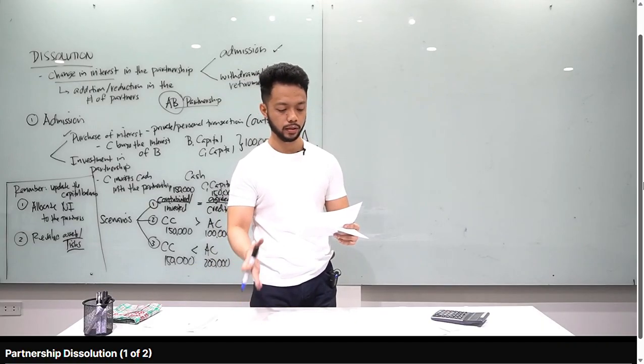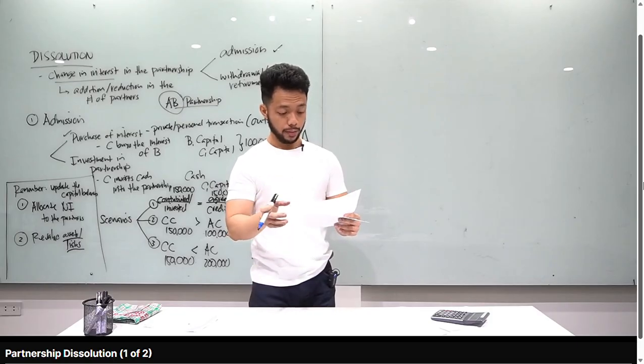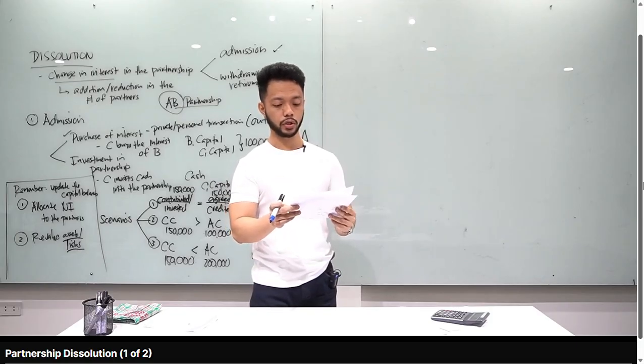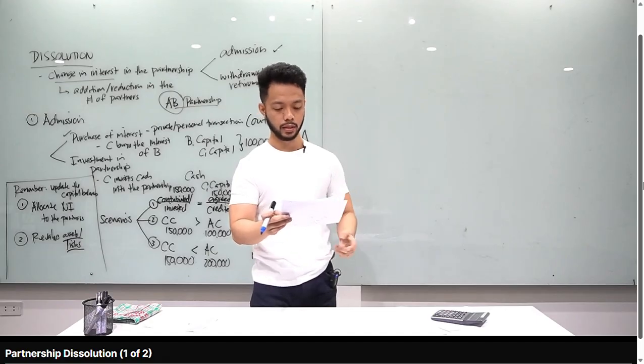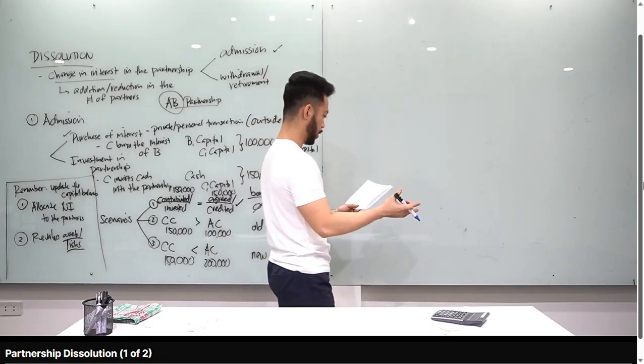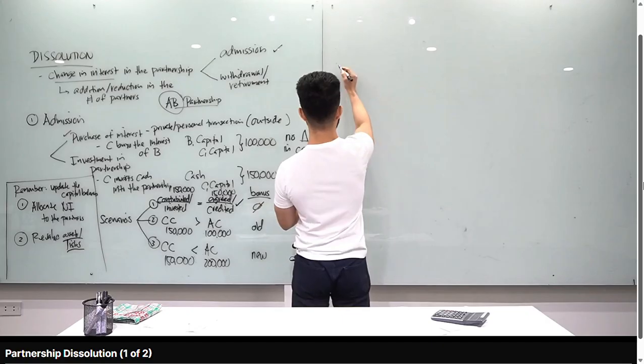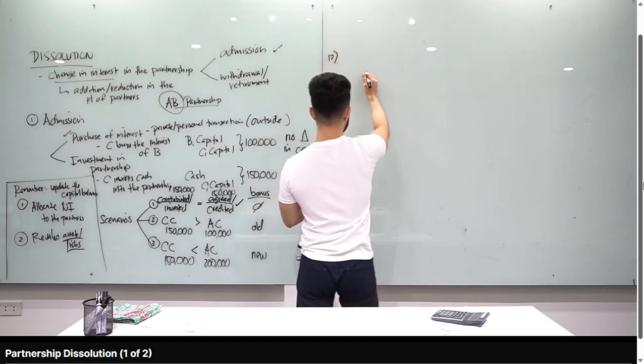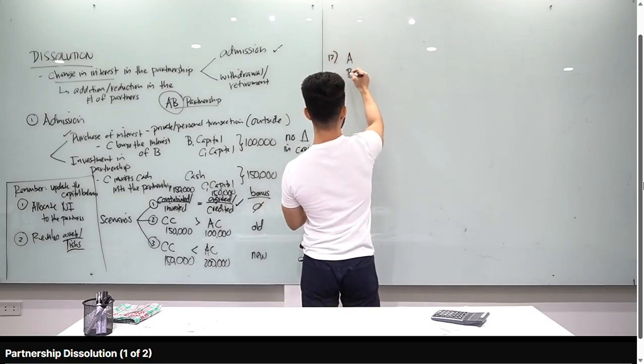So, end of the year yan. Okay, sabihin natin. How much is the capital balance of B after admission of C? So, assume natin na January 1 inadmit si C, okay? Tingnan natin. How much is the capital balance of B after admission of C? So, first na gagawin mo dyan, class, is this is for number 12. Tingnan muna natin yung capital balances of A and B.